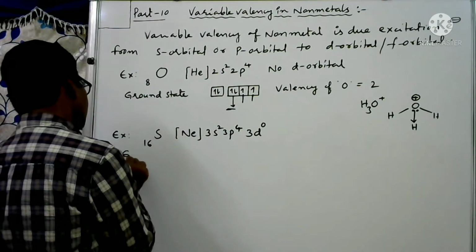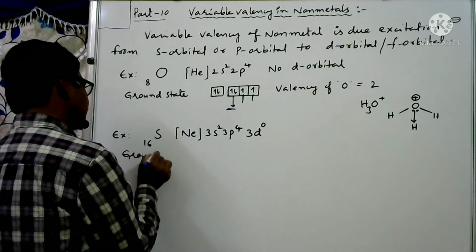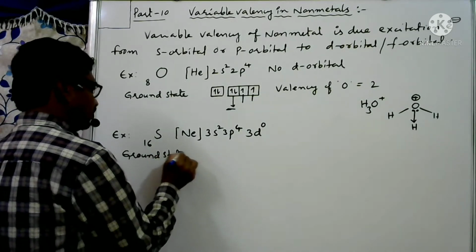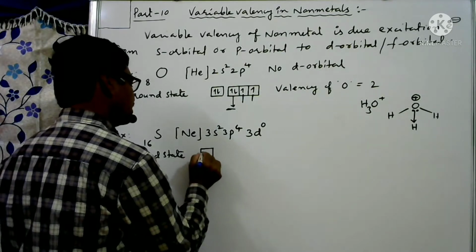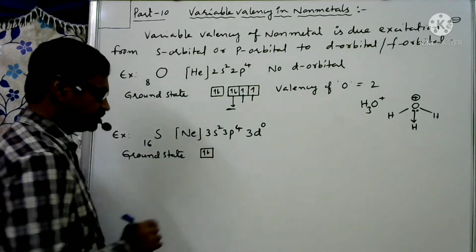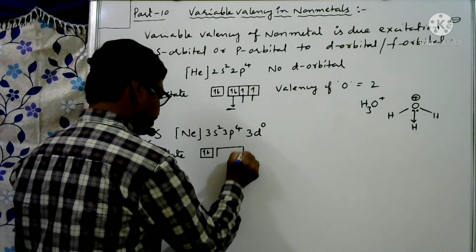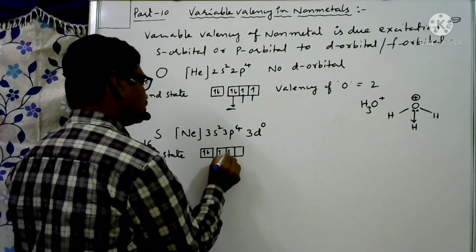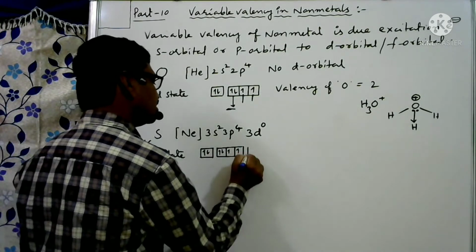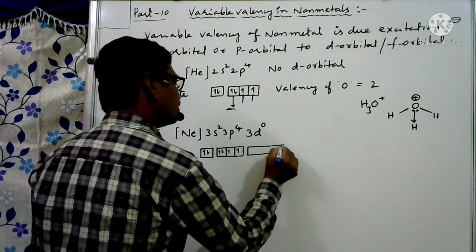Ground state electron configuration I am writing here. In ground state here 3s orbital contains 2 electrons, 3p orbital, px, py, pz, 1, 2, 3, 4 electrons,